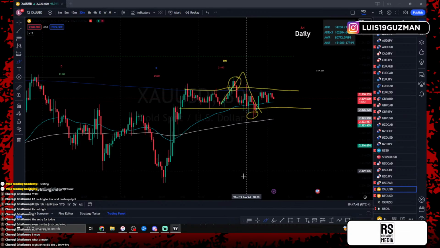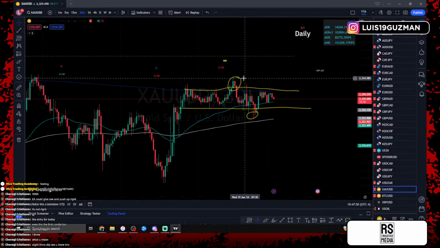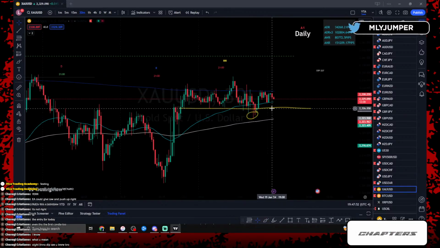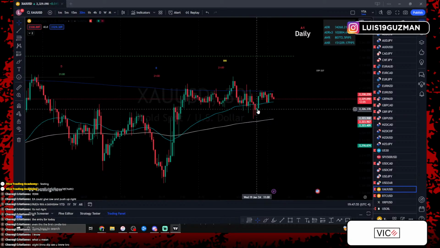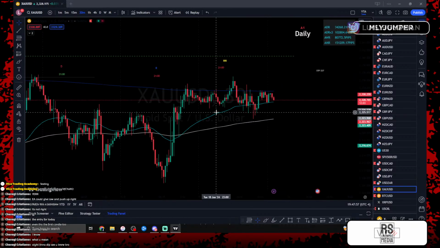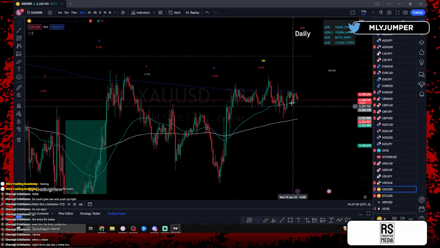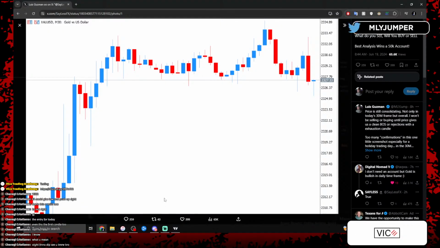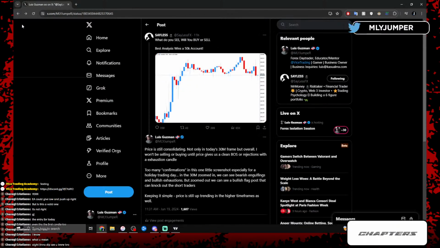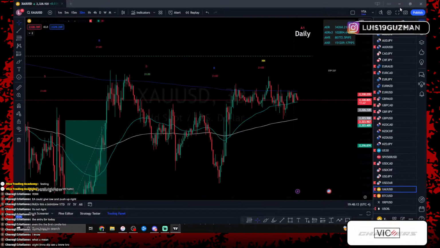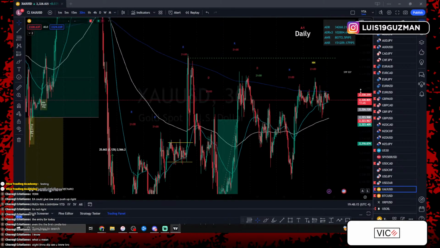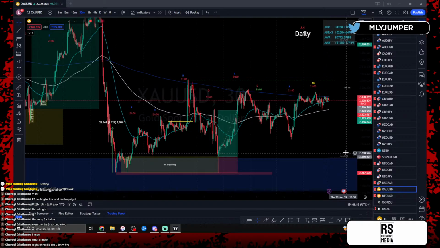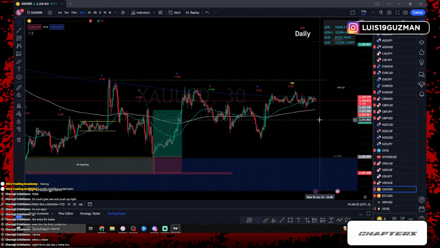But the fact that price is still just giving fake breaks of the highs, fake breaks of the lows, just continuing to move sideways, giving us fake engulfing candles, giving us fake exhaustion candles. Where are we going? Everybody who's seriously answering this question, saying, oh, we're gonna go sell, we're gonna go buy, they truly have zero clue of what's going on in the markets. Zero clue. They have no idea what's going on.